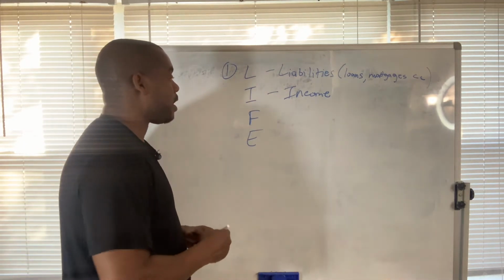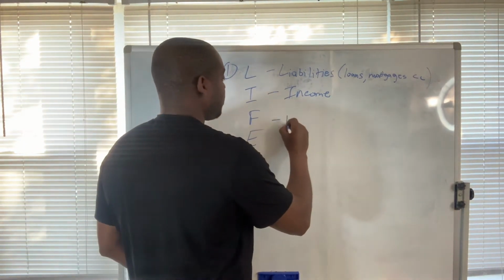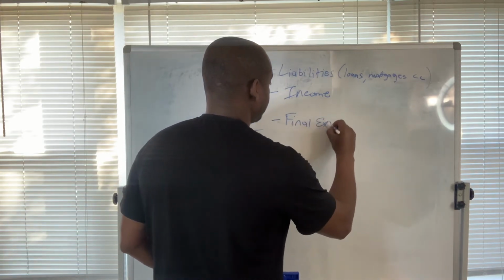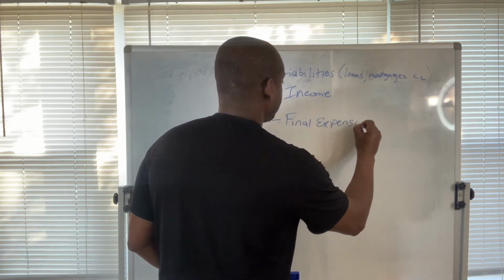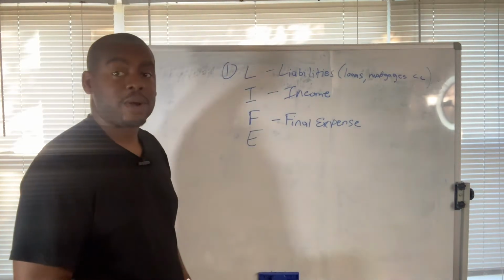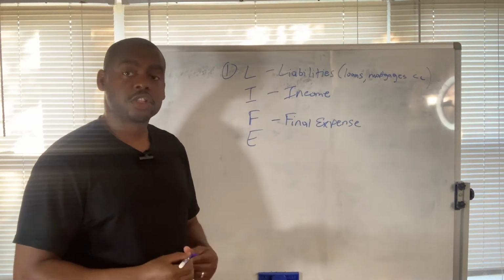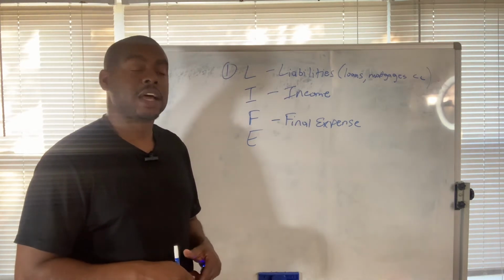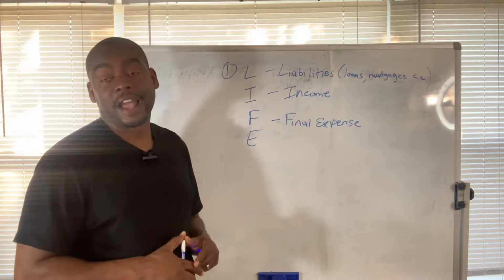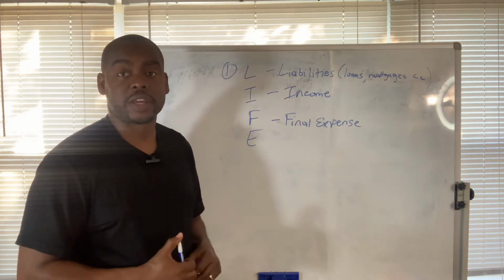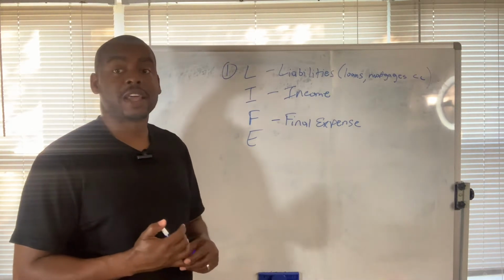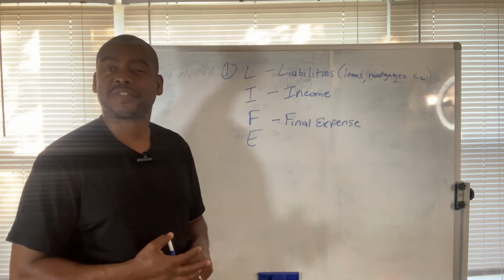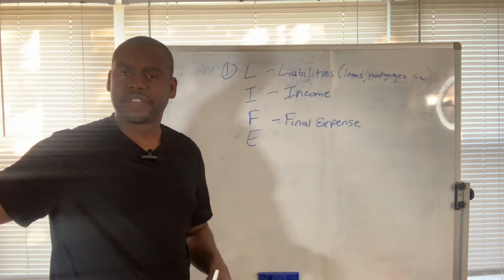Next, F is for final expenses. This is at minimum what every person should do. And it's sad that a lot of times I run into families that have had a situation where their loved one died and they have to struggle to figure out how to pay for just the funeral. Forget about everything else,